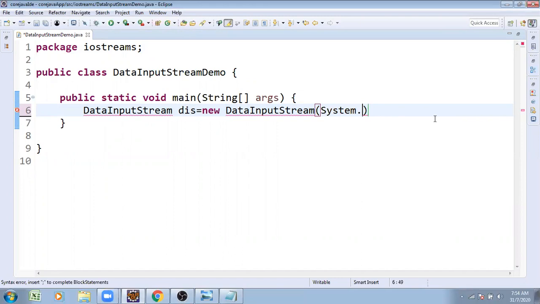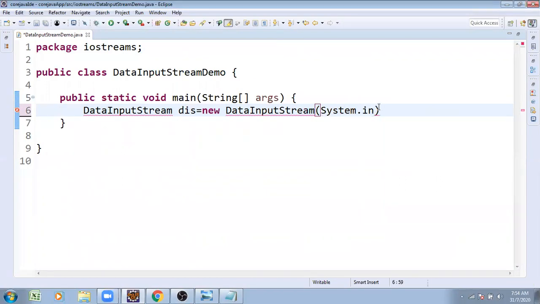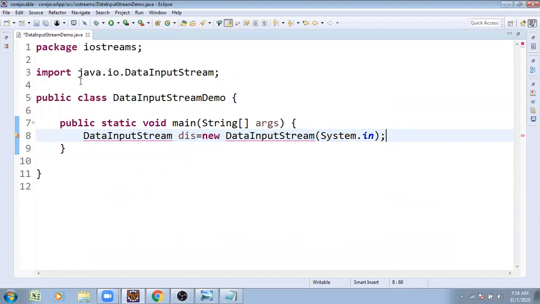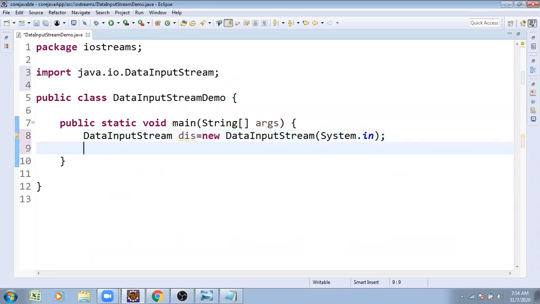DataInputStream dis = new DataInputStream(System.in). The prerequisite is that the DataInputStream class is available under the java.io package, so we are going to import java.io.DataInputStream.